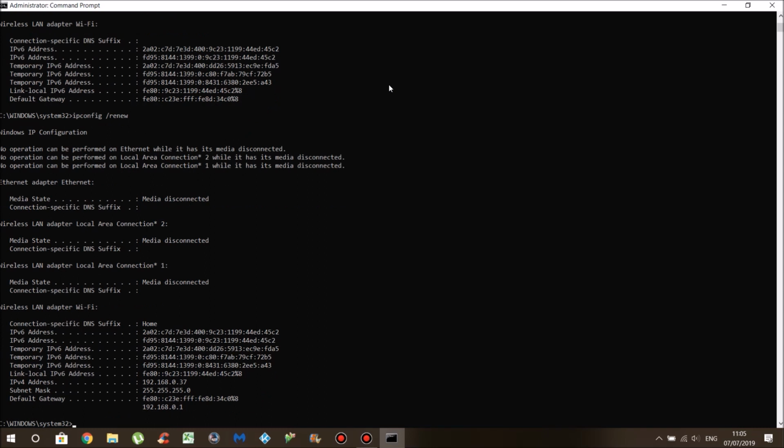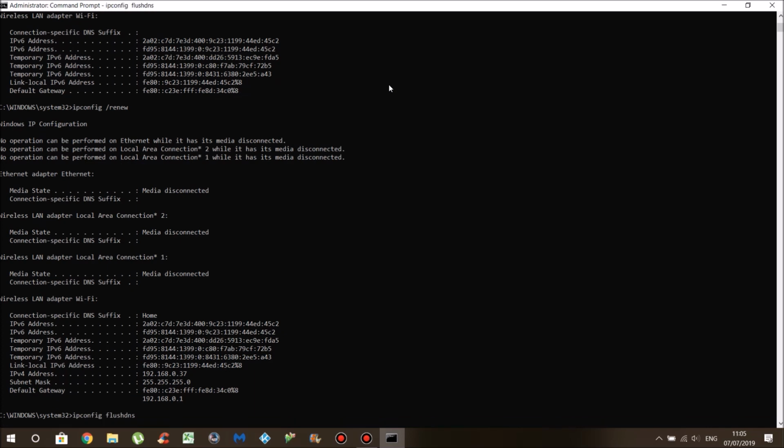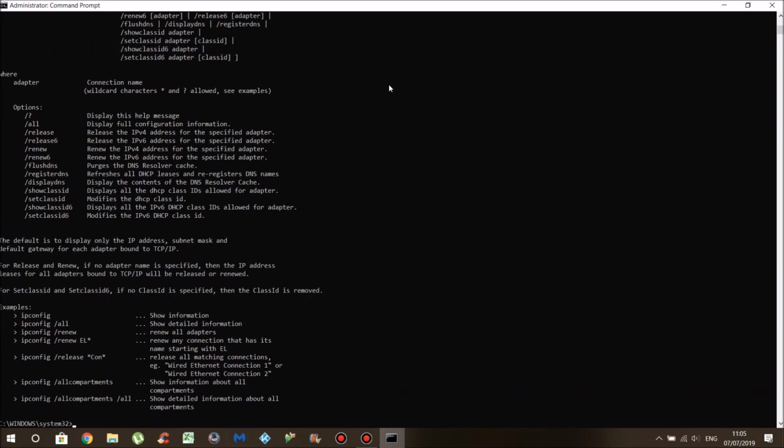There we go. Okay, and the fifth and final command you need to put in is ipconfig /flushdns and type in enter. Okay, all those commands are done, and yeah, all you need to do now is quit command prompt, restart your PC or laptop or whatever, and just wait for the effects to take place, and if it doesn't